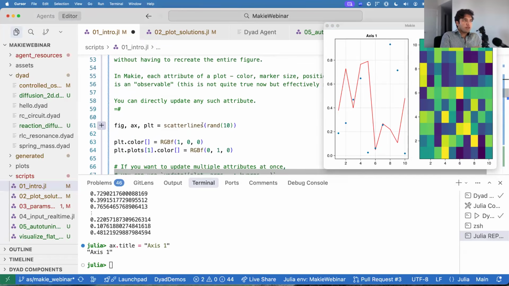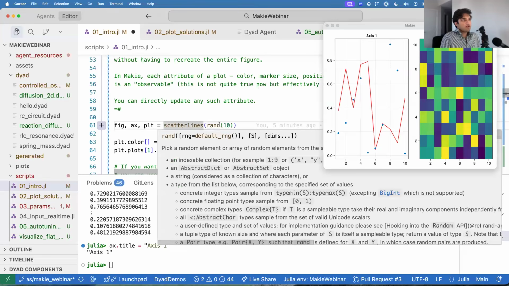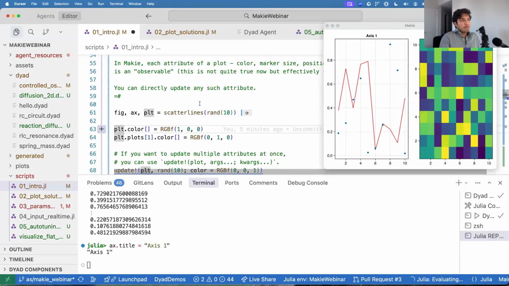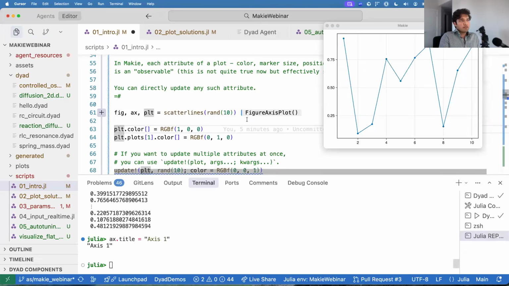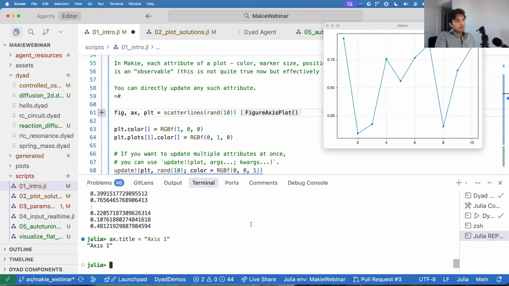And so this is sort of what I think of as the killer feature of Makie. So let's go for a little more complex example. Let's make a plot. There's a plot type called scatter lines, which basically just contains a line plot and a scatter plot, right? The other thing about Makie is that